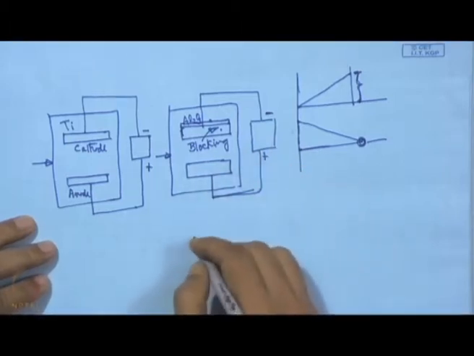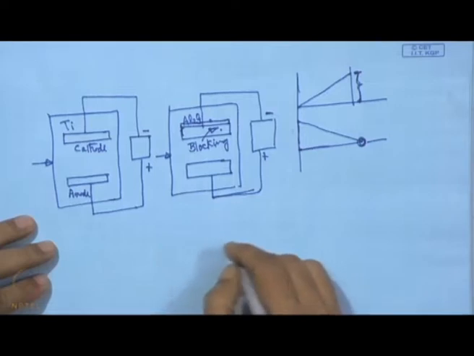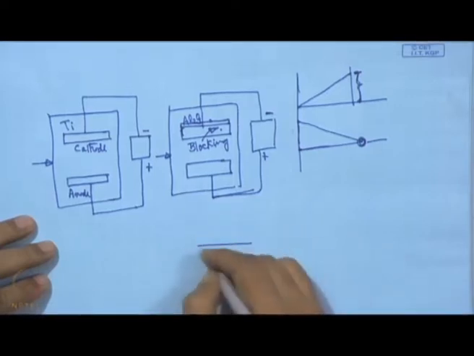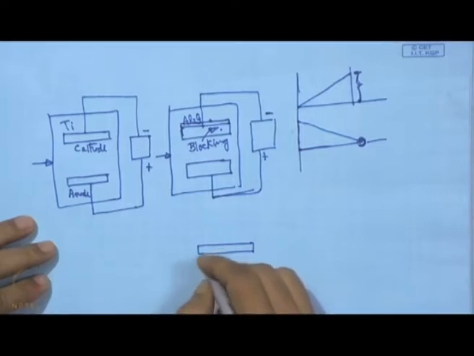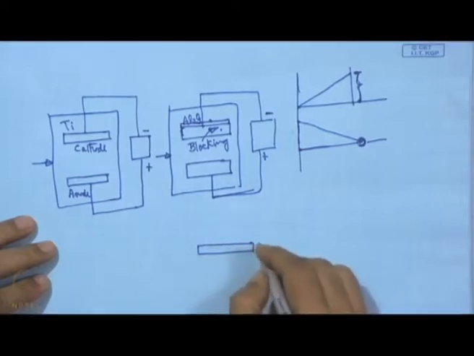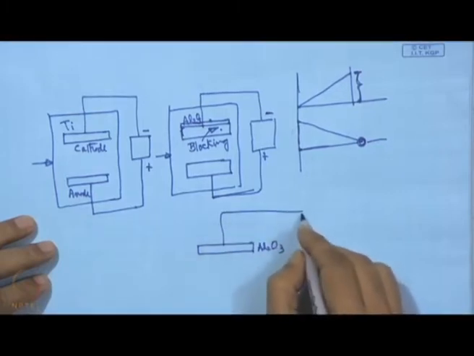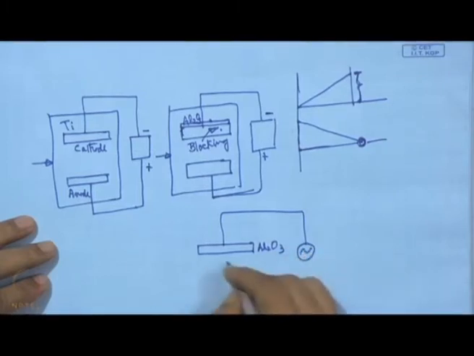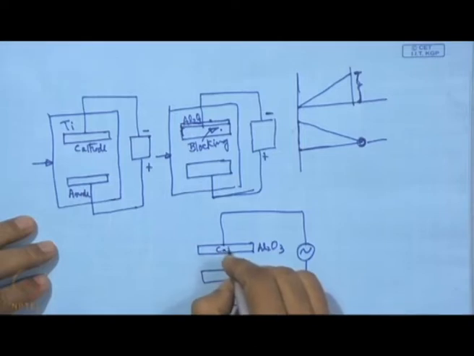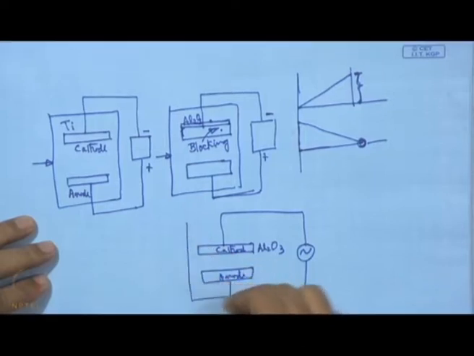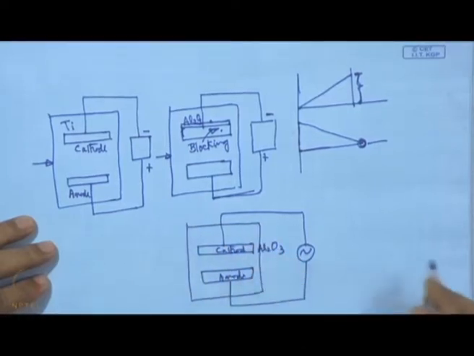But if we apply one alternating supply against this non-conducting electrode, and this is going to be the anode, and this is the cathode, and this is non-conducting. So, in this case what we can see